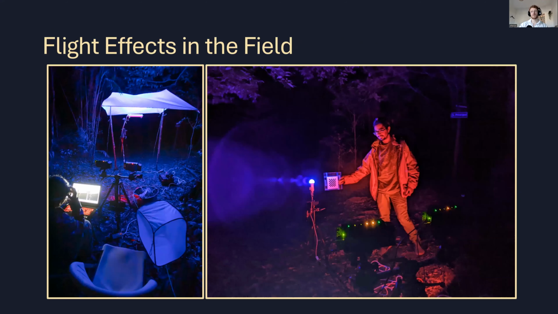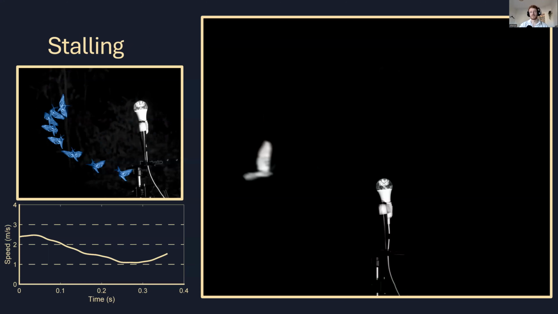And so we went to test this in the field. And of course, we didn't just go to any field. We used what money we could to go to Costa Rica, because why wouldn't you, to record as many different insects as we could, flying around lights at night in various different experimental conditions. We saw a few different what we're calling behavioral motifs, types of behavior. Here we have a hawk moth that's flying up and stalling. It's losing airspeed as it tries to fly and then cruising onto a new path.